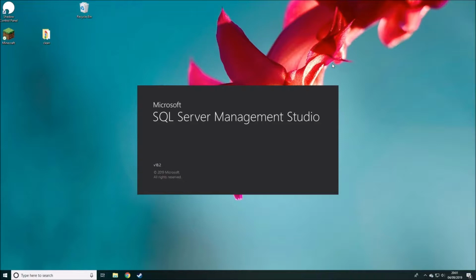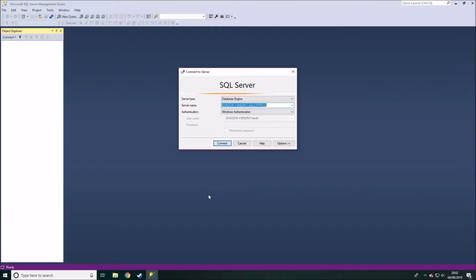Once it loads, you'll be prompted with a little bit of a login screen, which will give you available servers that you can connect to, and also username and password options. Okay, here we are. Here is our logon screen. We're not going to worry about the details of this at the moment. I'll go through it very quickly, but I'm not going to go into any detail. Server name, that should be pre-populated. That is the name of your server, along with what's referred to as the instance of your SQL Server. In this case it's SQL Express,